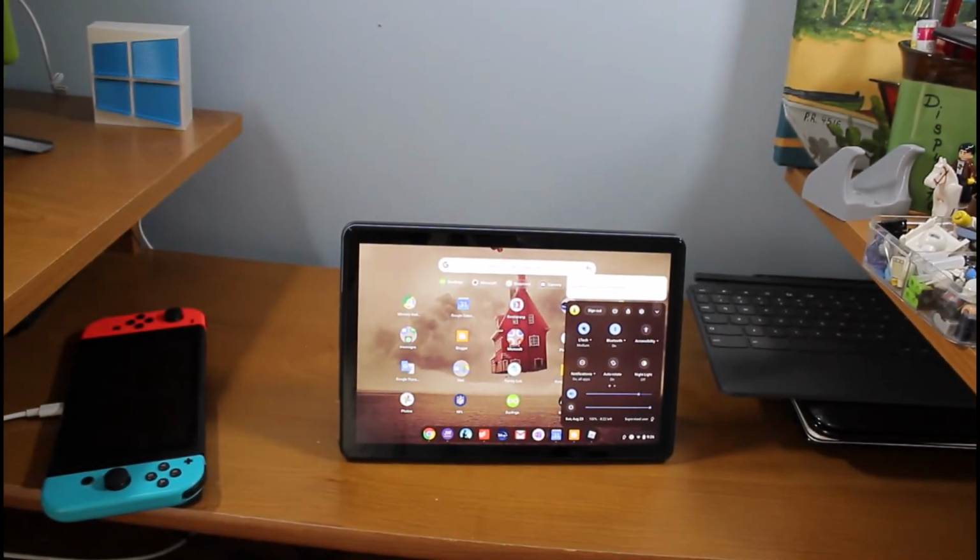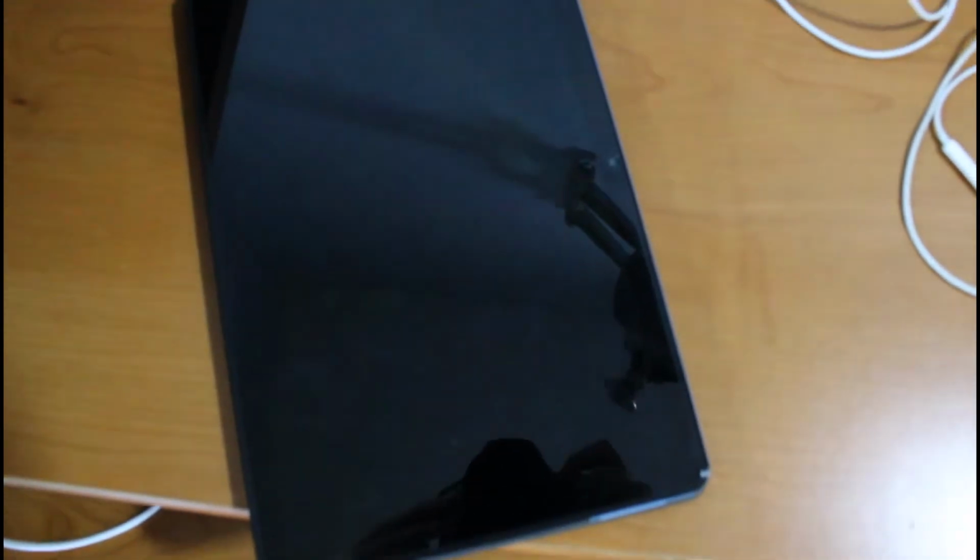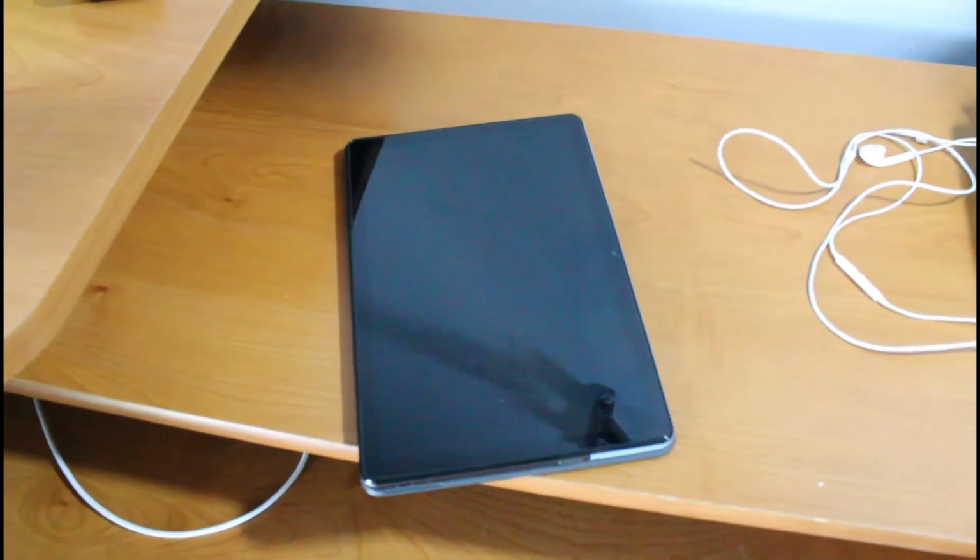The Lenovo 10E definitely had some speaker issues, and Robbie from Chrome Unbox definitely trashed it on that. But the Duet definitely has a lot better speakers. So thank you, Lenovo. By the way, the screen has definitely held up better than the screen on my old